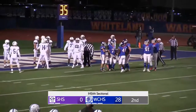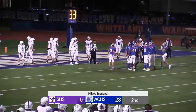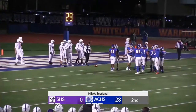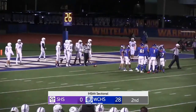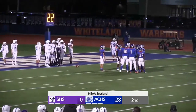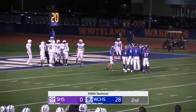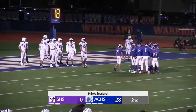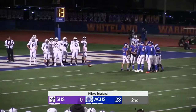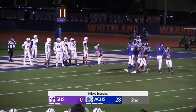I didn't count the number of players on the field, but Kuhn's acted like they were a man short there. Well, all you've got to have is the 5 guys up there on the offensive line and then let Valentine take care of business, and he almost did there. But yeah, it did look like they were short one. So a good run by Valentine, even down a man on the play,